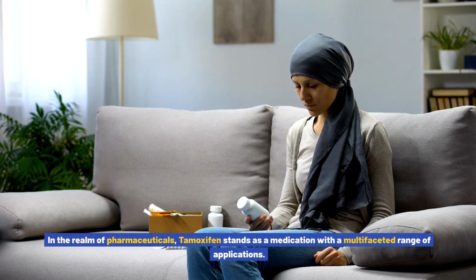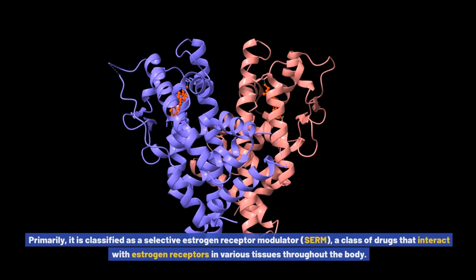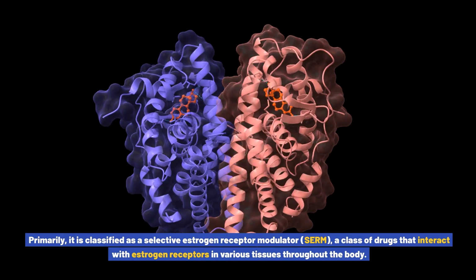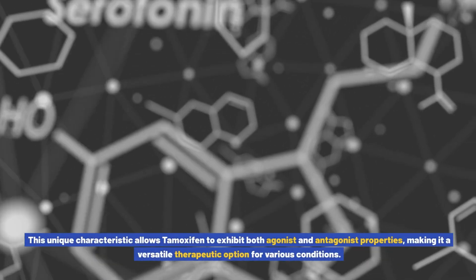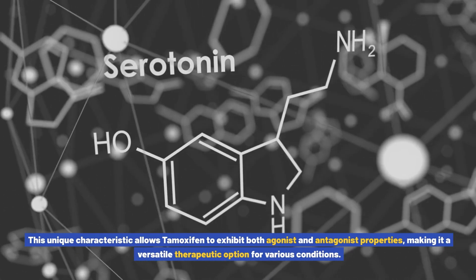In the realm of pharmaceuticals, tamoxifen stands as a medication with a multifaceted range of applications. Primarily, it is classified as a selective estrogen receptor modulator, SERM, a class of drugs that interact with estrogen receptors in various tissues throughout the body. This unique characteristic allows tamoxifen to exhibit both agonist and antagonist properties, making it a versatile therapeutic option for various